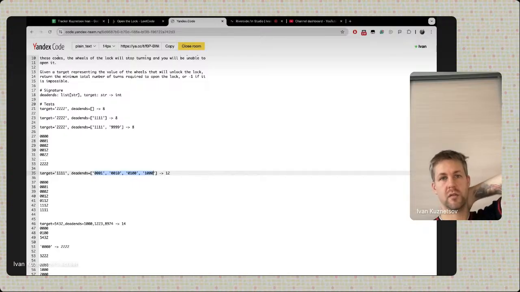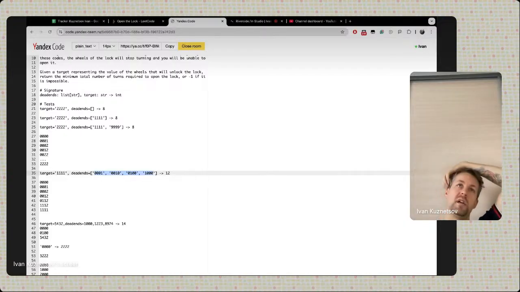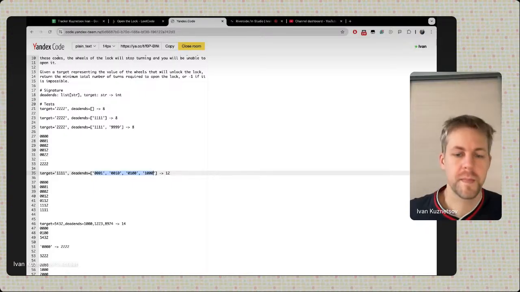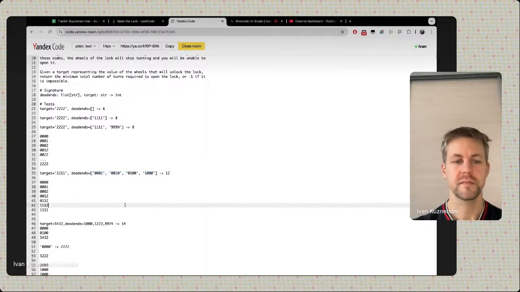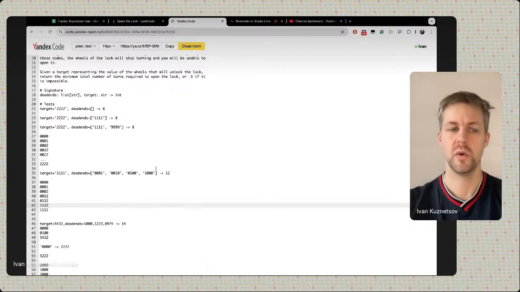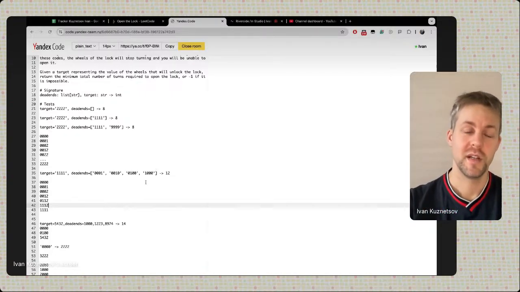It's unclear how to do that, and it's unclear how to make this BFS faster, because we're always just making 1 step, and we cannot do some A star algorithm either. So yeah, I don't know what the better solution is, but at least we have figured out the O of n one. And actually, depending on how you define the number of steps, n